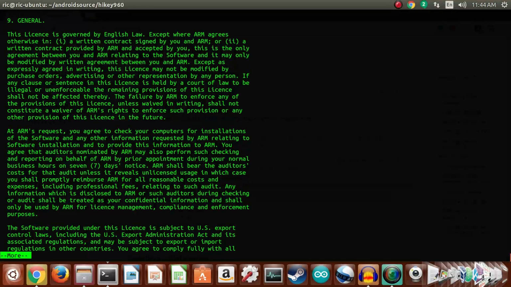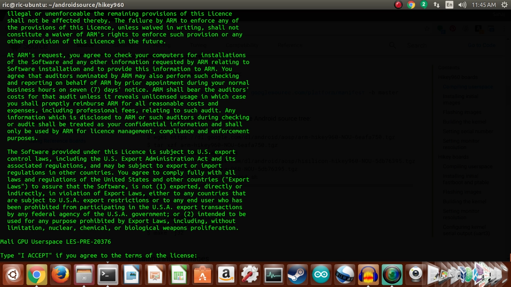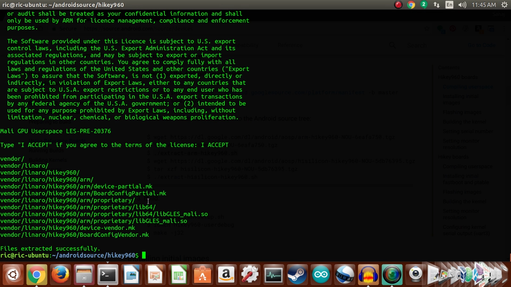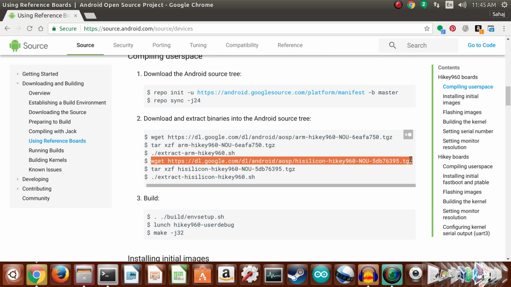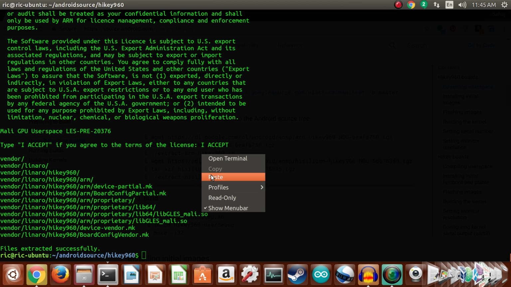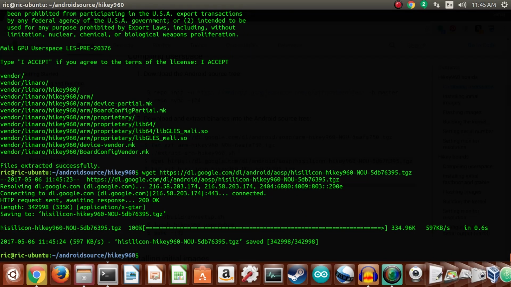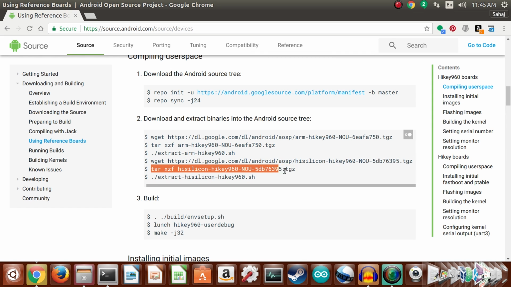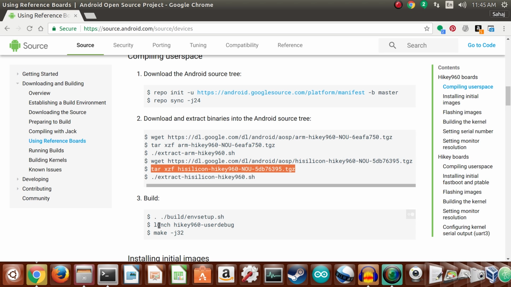So, caps I accept and press enter, and then as I said, this is the whole Mali GPU kind of thing. So I think this is the user space driver, and the next one might as well be something else, particularly to the CPU that is on the HiKey 960, because I can see HiSilicon's name here. So again extract and then